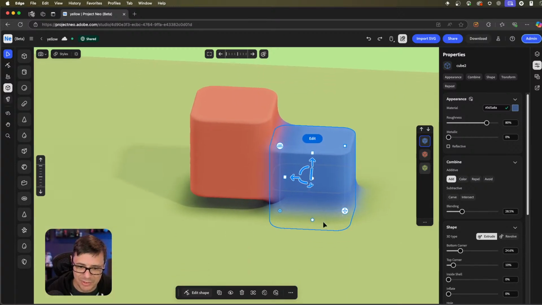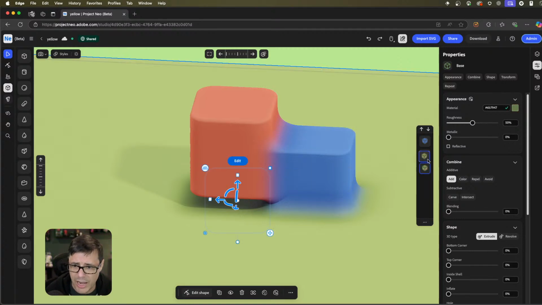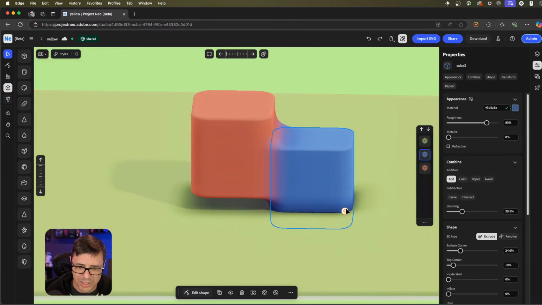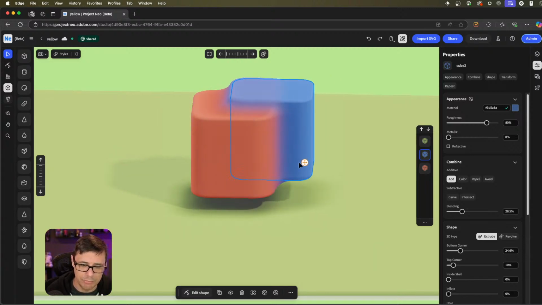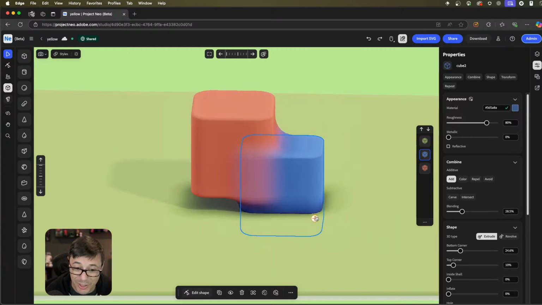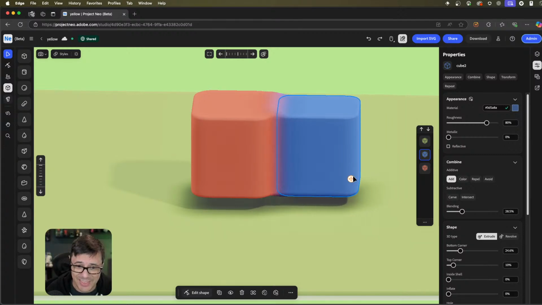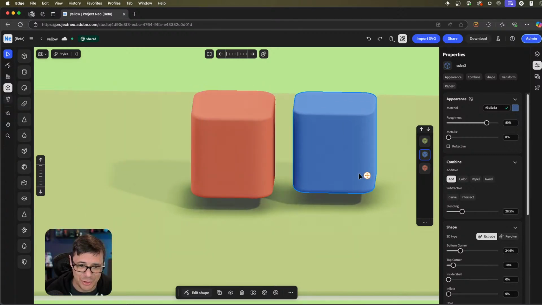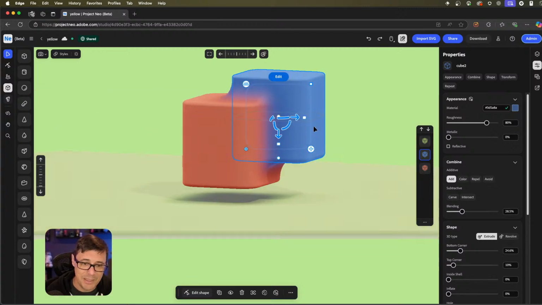If I didn't want this blending to happen on the ground as well, it's like this order of operations. I could take the ground and just drag it up above that blue cube that's blending, and now the blue cube will blend with the reddish looking cube, but it won't blend with the ground. So you can get this kind of magnetic attraction here, which is kind of neat. And speaking of that,